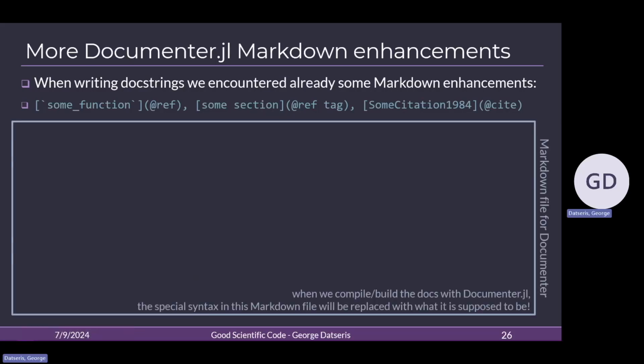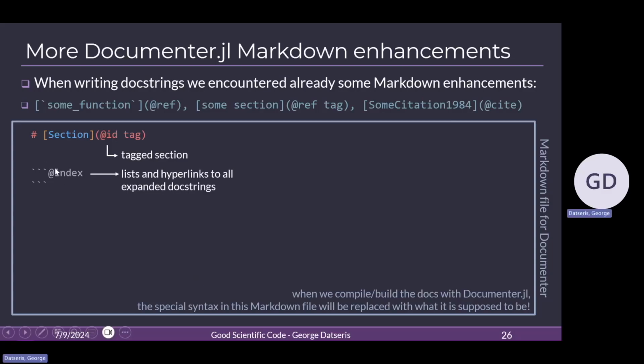Now the key input, or the main input to Documenter, the Julia package, is a Markdown file. So imagine that this square is just a Markdown file on your computer. You write standard Markdown and you can enhance it with syntax that Documenter allows. For example, this is a section in your documentation because it starts with a hashtag. And you see you can create a link to this section and label it with a particular ID that I call tag. So some section @ref tag, it will be a hyperlink to this section in your docs, tag section.